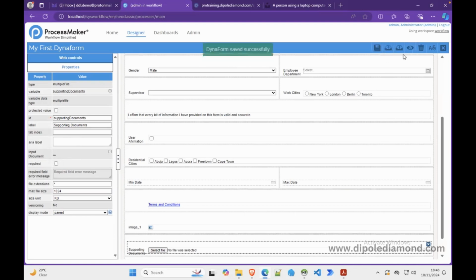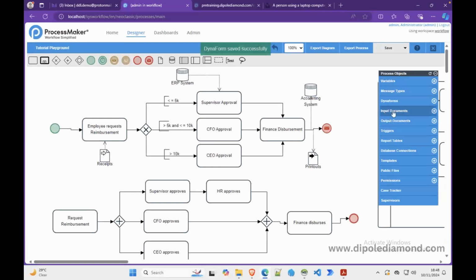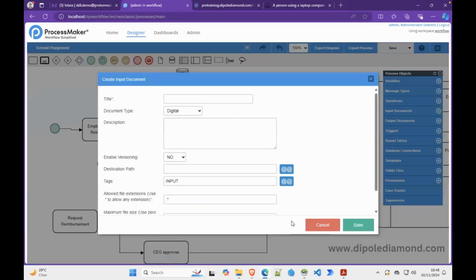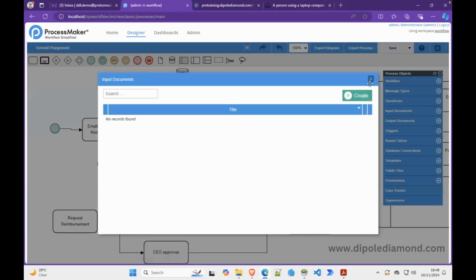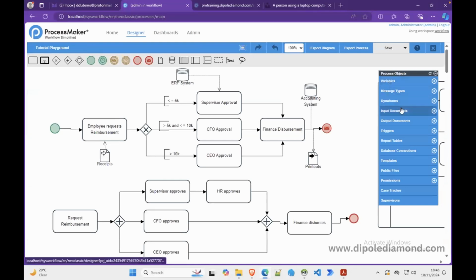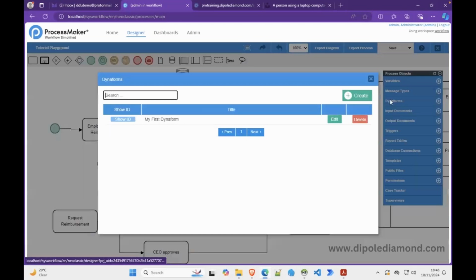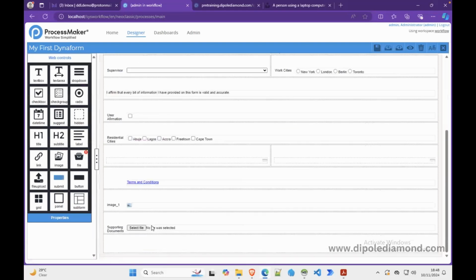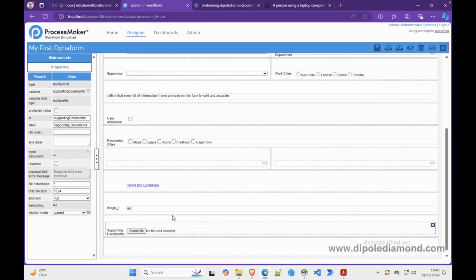Let me save this and show you that quickly. Remember, we have input documents as a process object, and you can define input documents. When you define input documents, it makes it easier, because by the time you go to your form and you bind that multiple file upload web control to an input document, it takes on the characteristics of that input document, which will involve the maximum file type, the file extensions that are allowed, the size